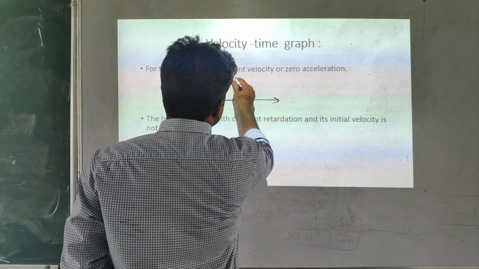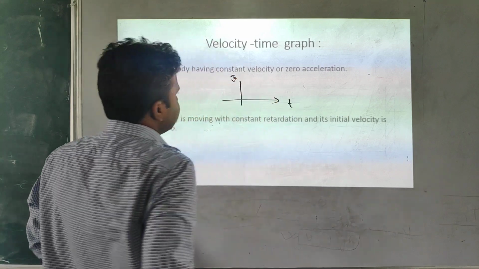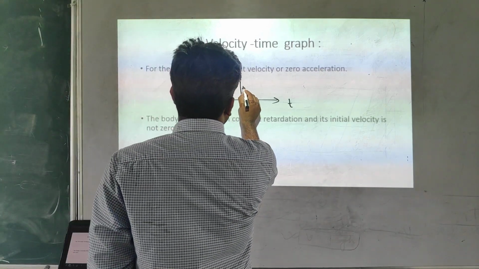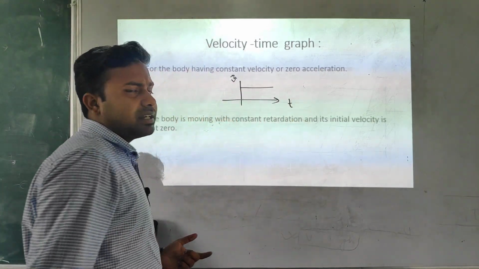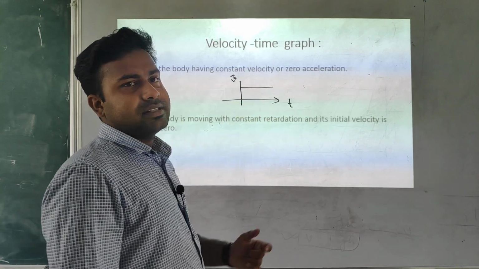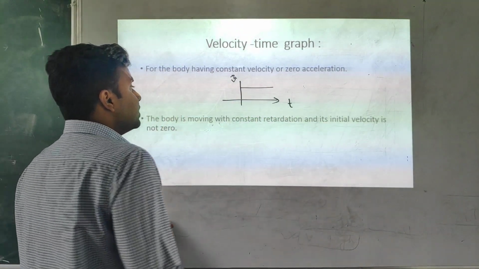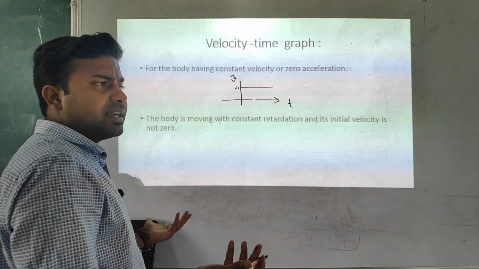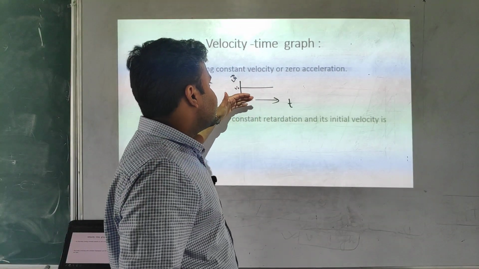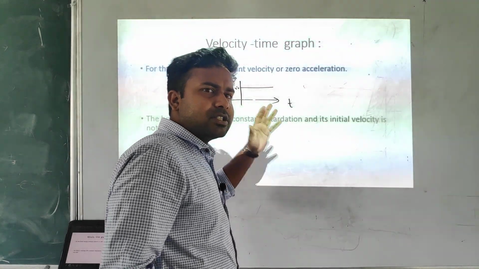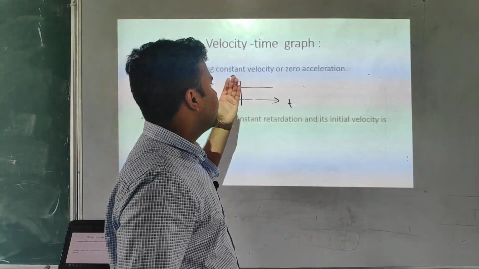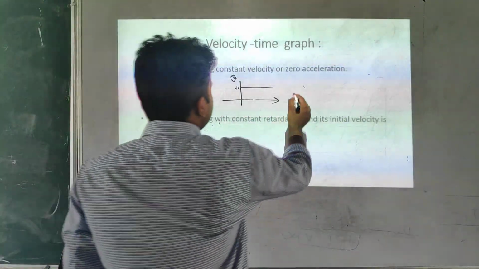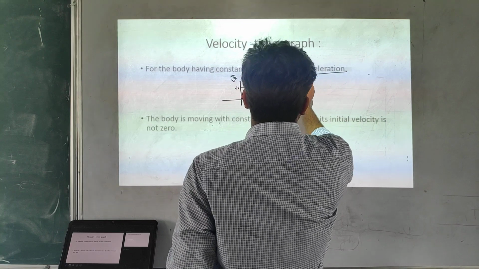it's the graph between velocity versus time. It's a velocity, that's why I am putting the vector sign here. Now if it is constant, you will get a straight line parallel to the time axis. A parallel line with the time axis you will get. So this is the V naught. So there is no acceleration. With respect to time, time is going on, but it is moving with the same velocity. So it's a zero acceleration case.